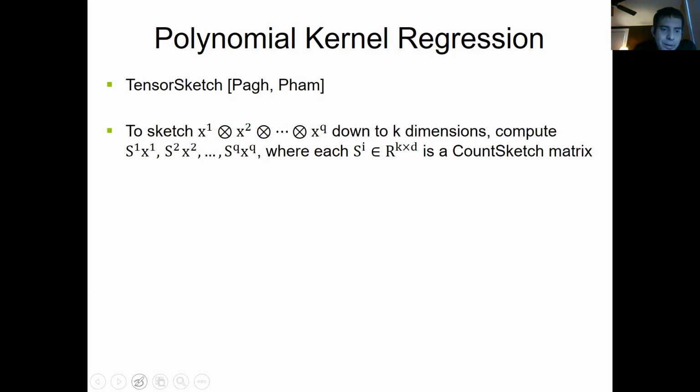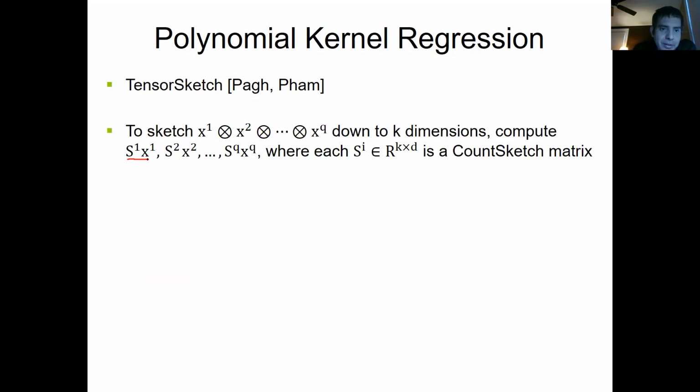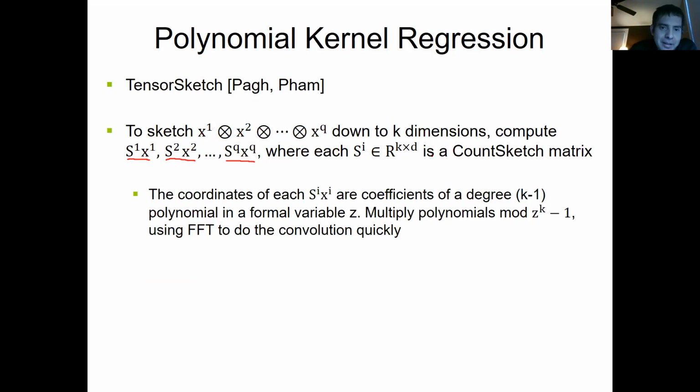The idea is, well, okay, let me apply a count sketch S1 to the vector x1 on the first mode, and apply an independent count sketch S2 to the vector x2 on the second mode, and so on out to the qth mode. Okay, each of these is an independent count sketch. And each of these sketches only has k dimensions. And the nice idea behind Pagh and Pham's work is that, well, let's look at the k coordinates of this vector